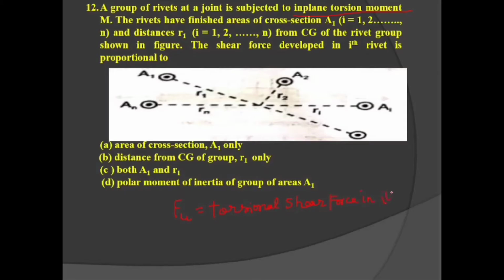in the ith rivet, and as we know this is equal to M into Ri into Ai divided by the sum of Ri squared, or J, you can say polar moment of inertia. This is calculated by the formula tau by R is equal to G beta by L is equal to T by IP, and here the torsional moment is converted as the moment M. So this is equal to, whereas J is the polar moment of inertia,